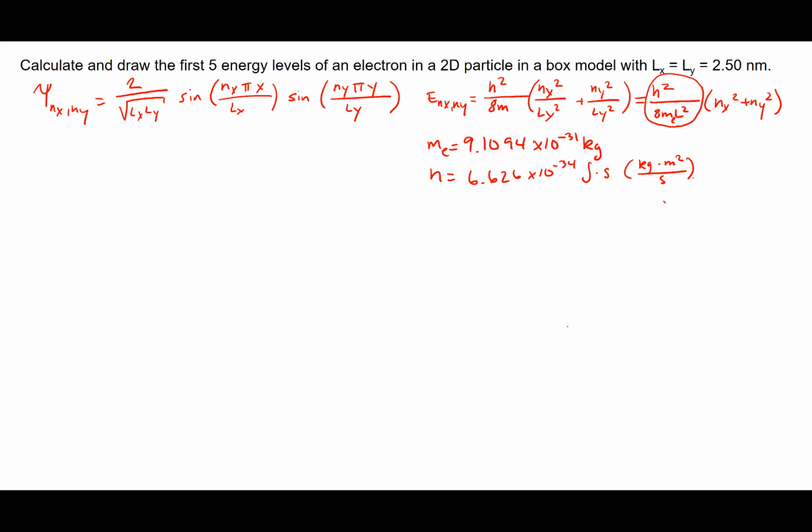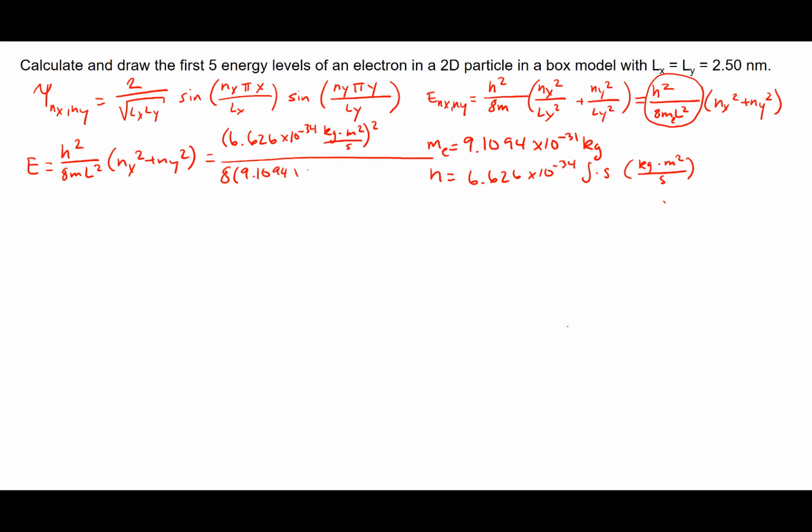Cool. So to make our lives easier, we can now calculate what that constant part is in those cases. If we're looking at this whole system, E is equal to h squared over 8mL squared times nx squared plus ny squared. If we plug in the different constants that we have, we get 6.626 times 10 to the negative 34 kilograms meters squared over seconds, and that gets squared over 8 times